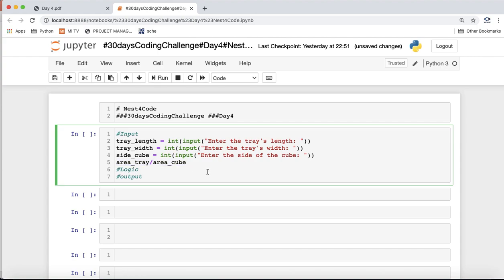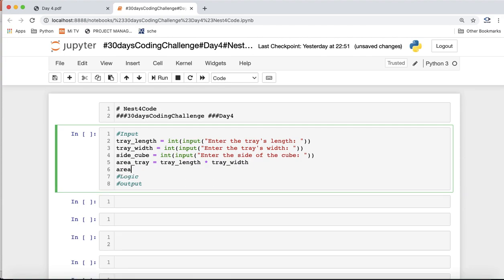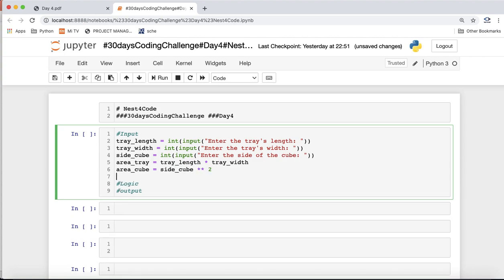Let's try to compute the area: tray length into tray width, and area of cube will be side of cube squared. So can we say count of cubes equals area of tray divided by area of cube, and then we convert it to int? Will this work?